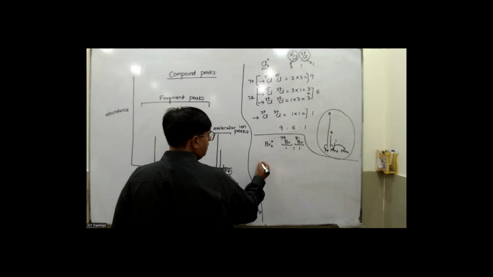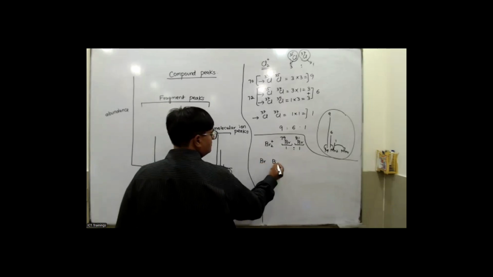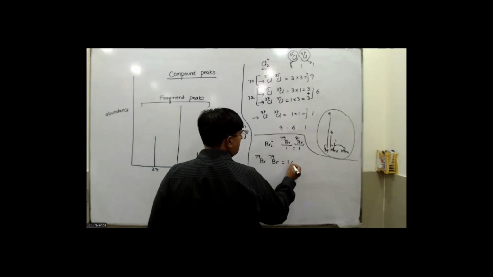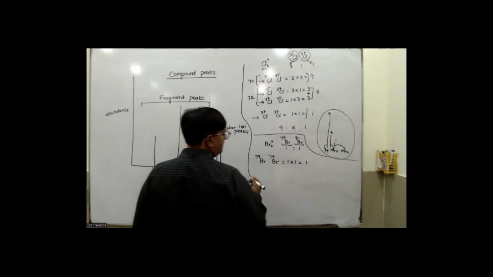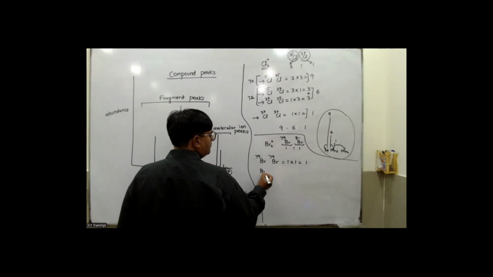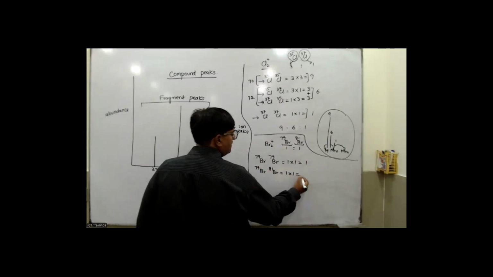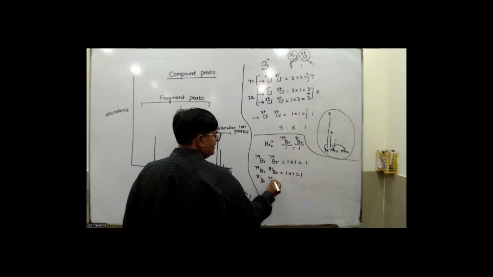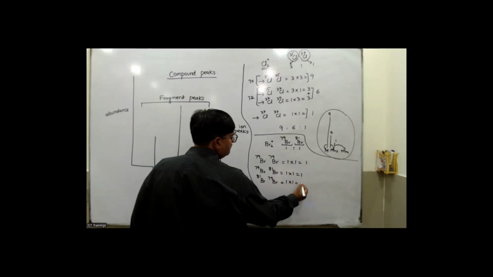that is the ratio of their abundance. Now, if you got the 2 bromine atoms, and the first one is 79, the second one is 79. So 79 is 1, and 79, that is also 1. So 1 into 1 is 1. Okay, and then you got bromine 79, and this is the bromine which is 81. So this is 1 into 1, that is 1 as well. So if you take the bromine 81 and this one bromine 79, so this is 1 into 1, 1.